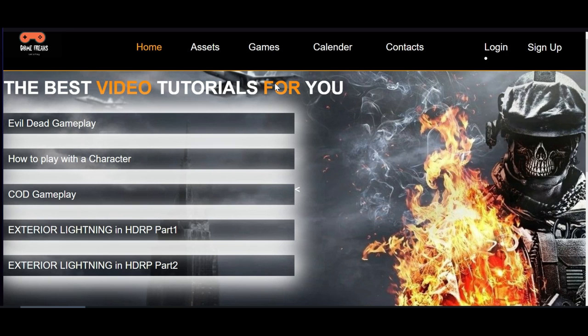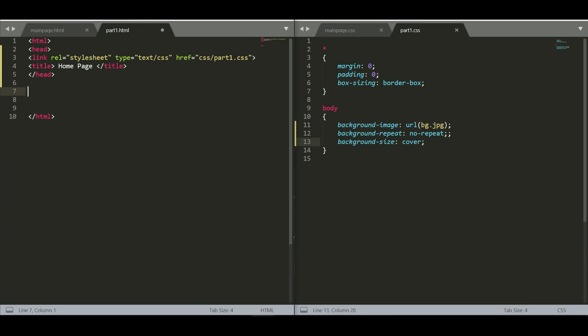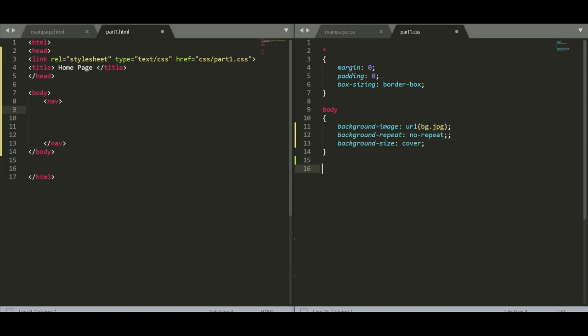So let's start it. On the HTML, under the head tag we need to include the body tag, and then within the body tag we need to mention the navigation tag. Let's now set the properties for the navigation bar. In the CSS file we write nav